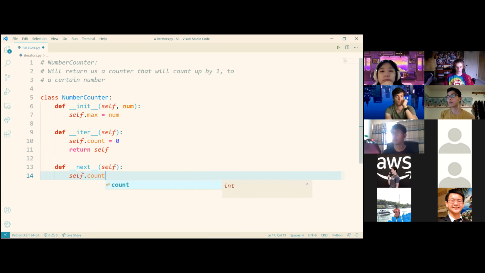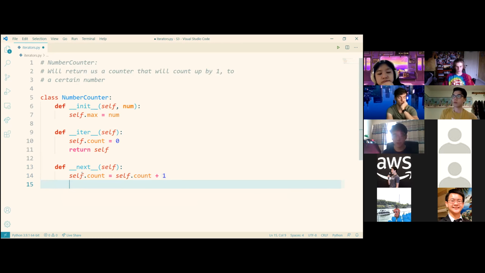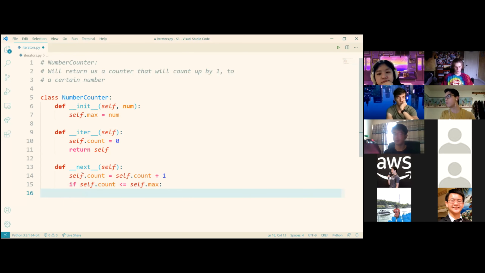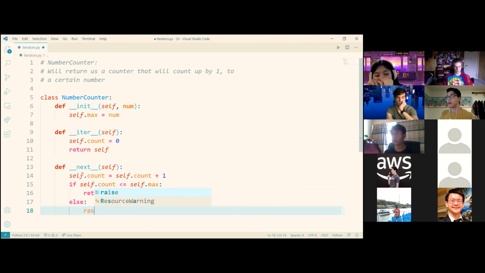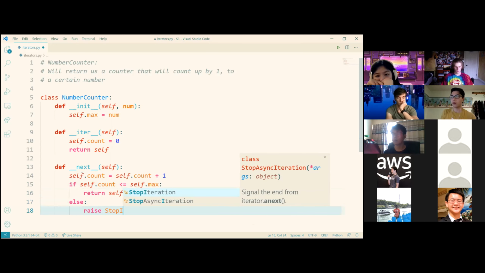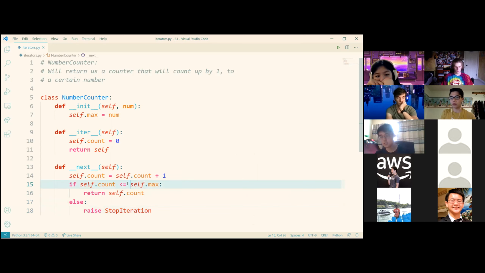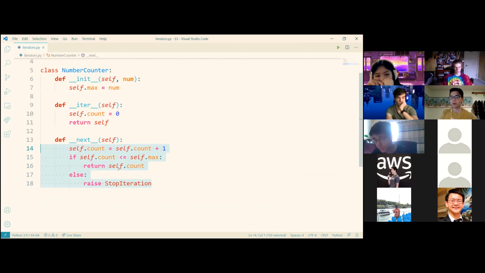So we should do count equals self.count plus 1. And then we want to check if self.count is smaller or equal to self.max, then we will return self.count. Else, we should do something called raise StopIteration. I just did some things you may not understand, but